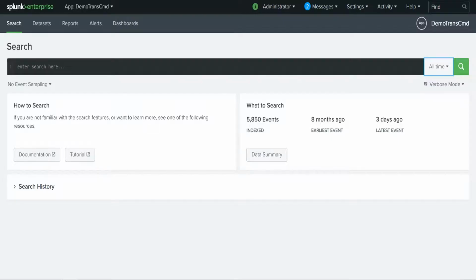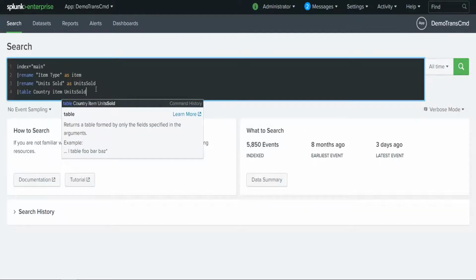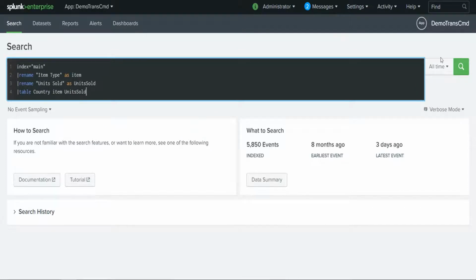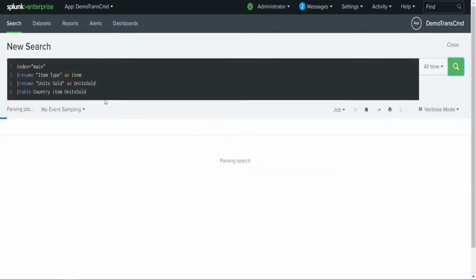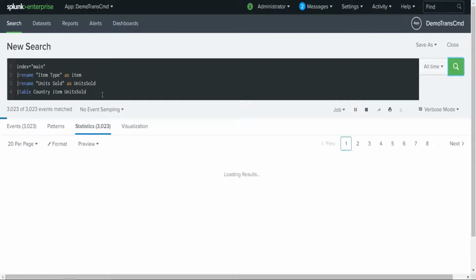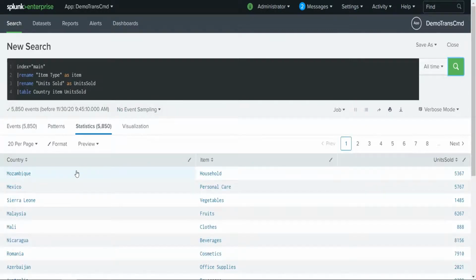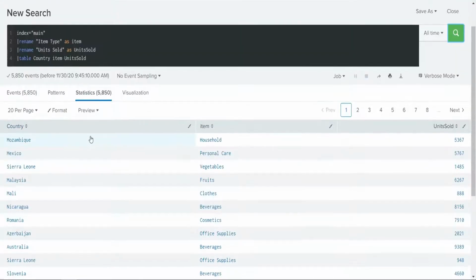So let's move to the demo. I'm in my Splunk application, and I have already added the sales data to my Splunk app, and we will use that data only. If you don't know how to add the data, I have already created a video on that. You can find the link in the description below. We'll write a very basic search on this data. I would like to have the data in tabular format to use the rare command. You can see there are almost 5000 events in this data.